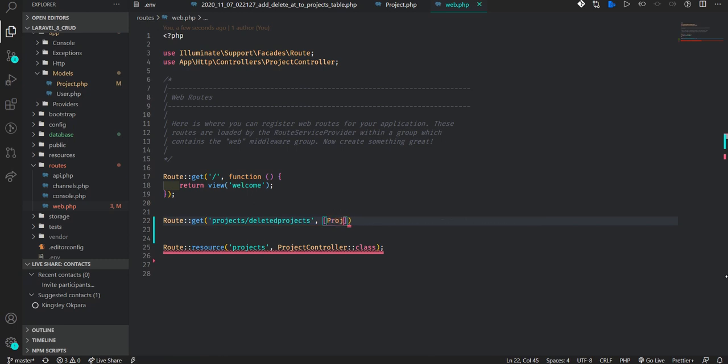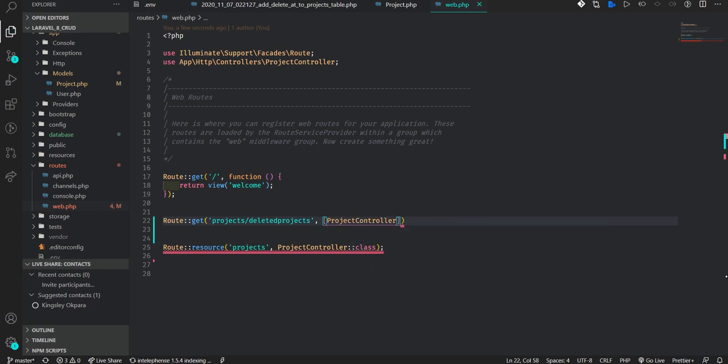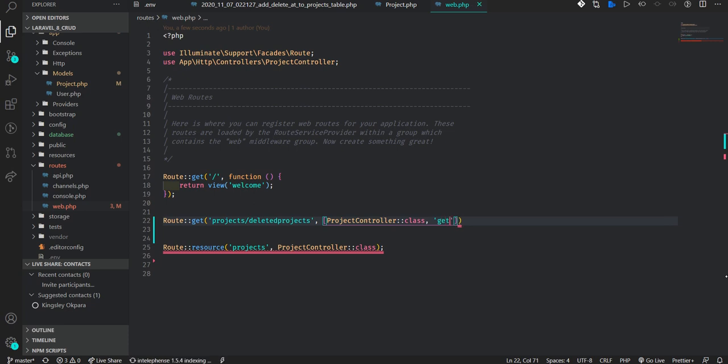I will call the controller I'm going to use. I'm going to be using project controller. Give it the class, then I'll give it the controller method I'm going to be using. I call the controller method get deleted projects.